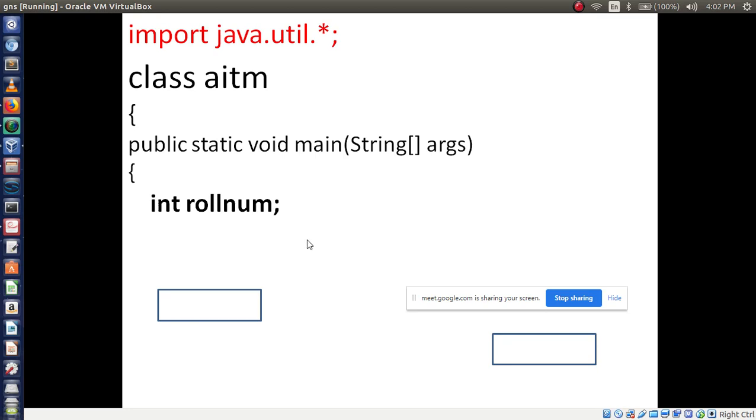Next, what should I do? Next line, use the Scanner class. No string, only this example: you just display enter your roll number, then display your roll number. That's it. So next, what should I use? Scanner class.